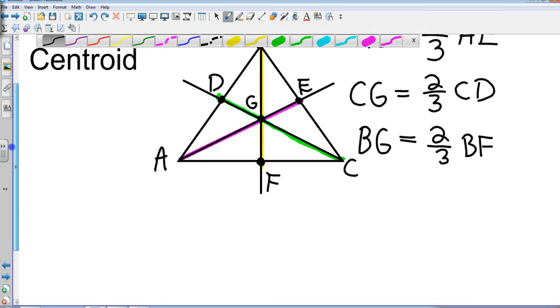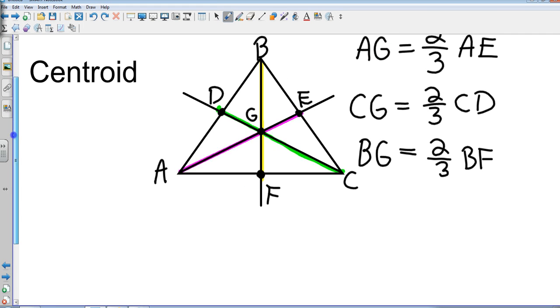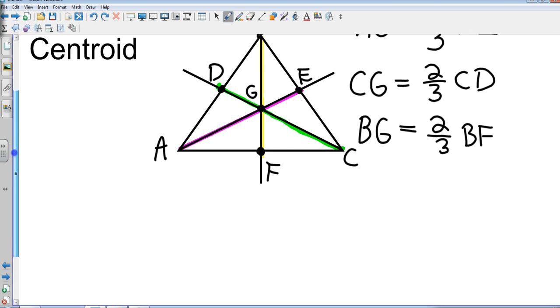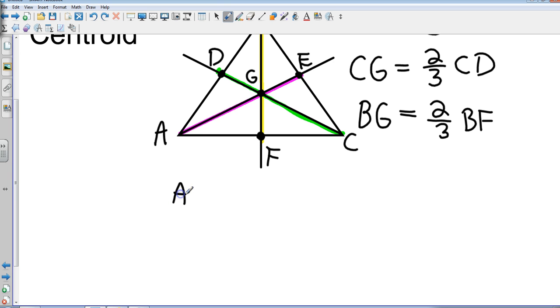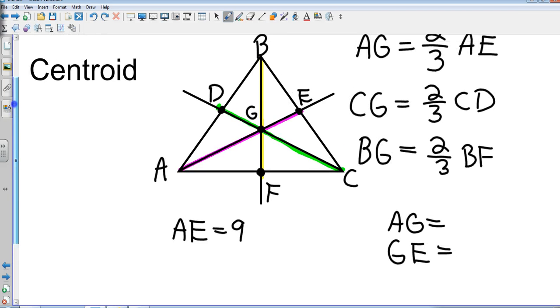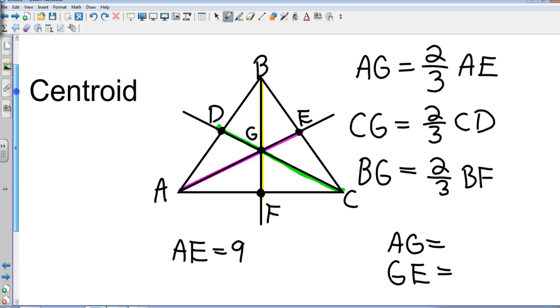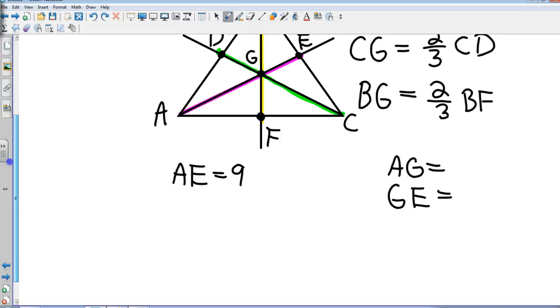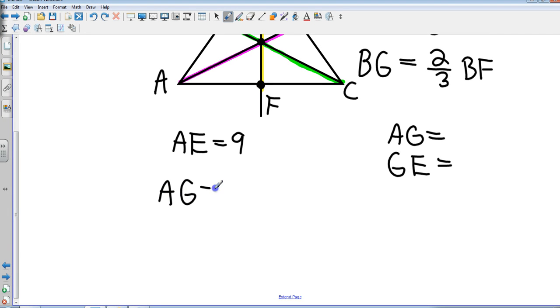So where might we use this? Well, let's say I have our given triangle. Let's say that AE is 9, and I want you to find AG and GE. Okay, so I'm going to use my centroid theorem, and I'm going to start out with my first one, which is AG is 2/3 of AE. And since I know that AE is 9 in this case,